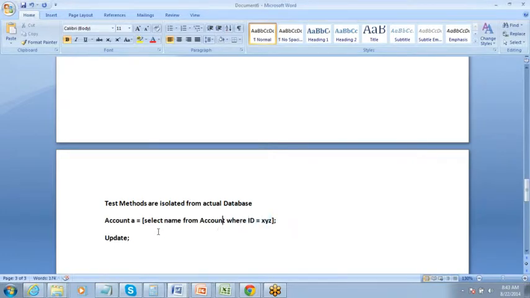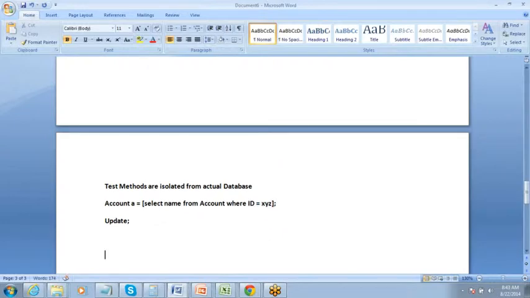It understands the field names and everything, but it does not have access to the database to refer to this ID and all. So in that case, for your test method, you should write account A equals new account, and then supply the value from your side. So supply some dummy value, let's say Dell, and industry equals something. So whatever dummy value you supply from your side, and try to perform an update operation for that.